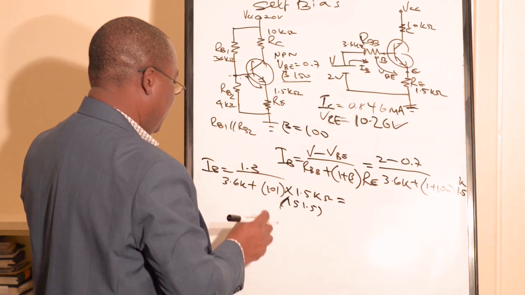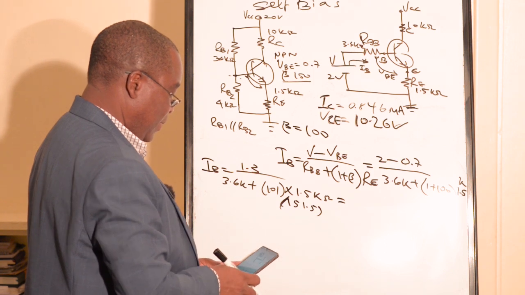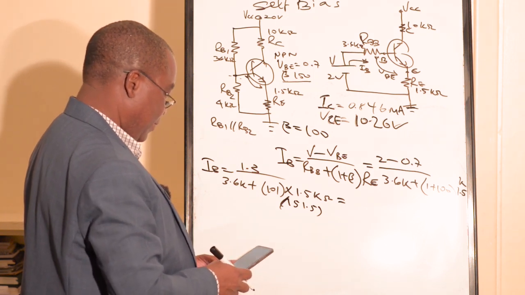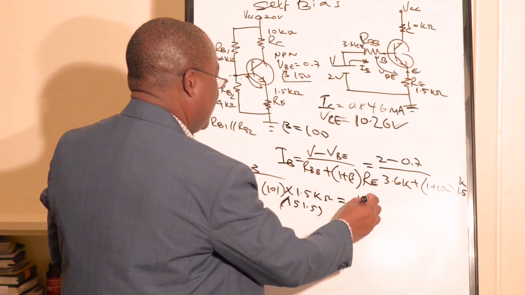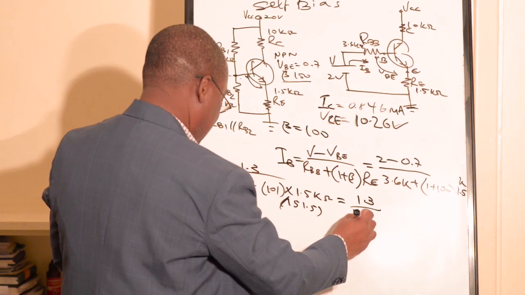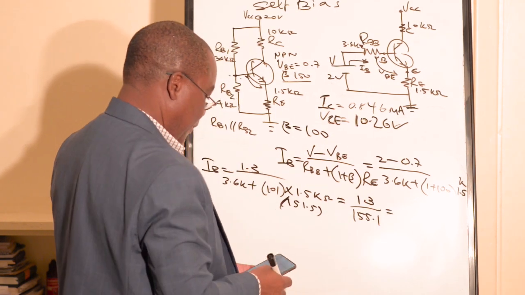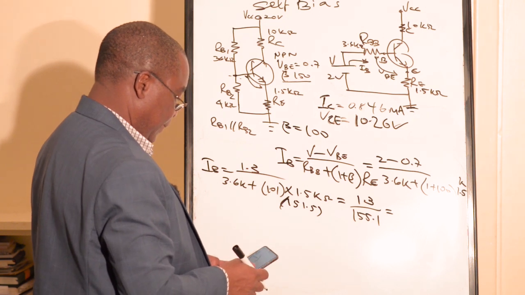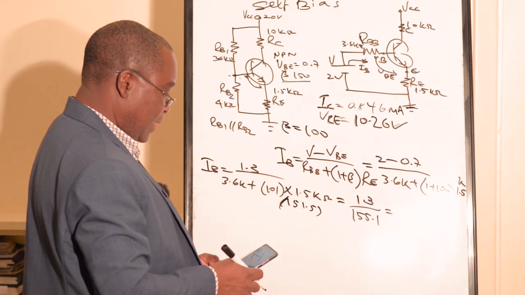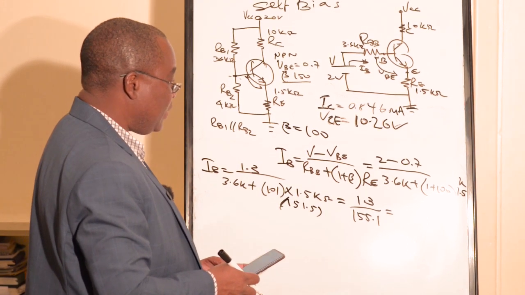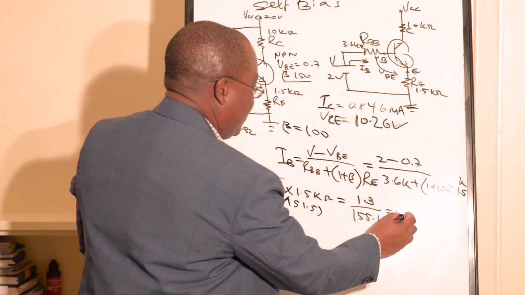Then we plus 3.6. 151.5 plus 3.6 is equal to 155.1. So IB is 1.3 over 155.1, which is 1.3 divided by 155.1. We have